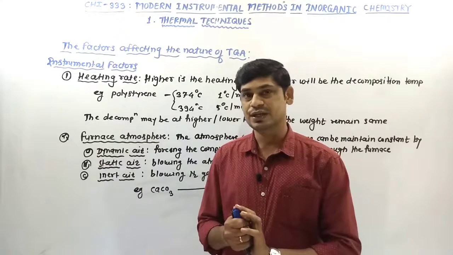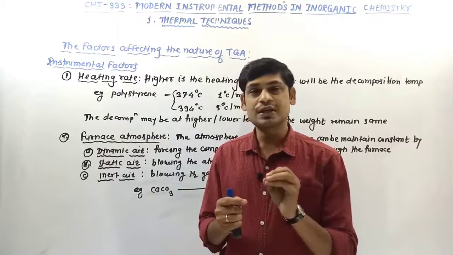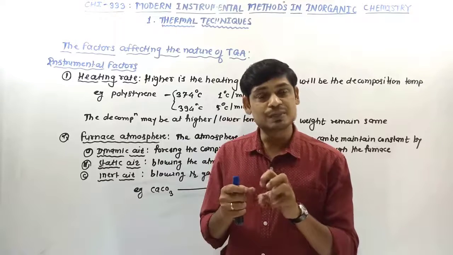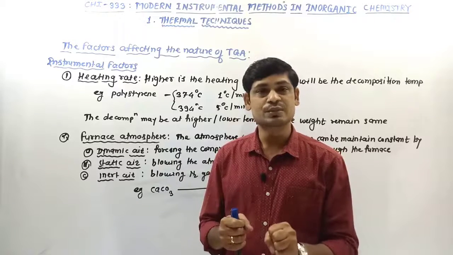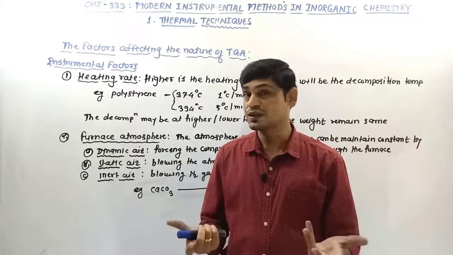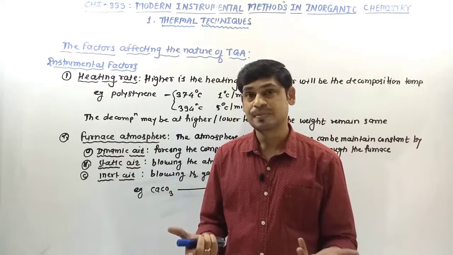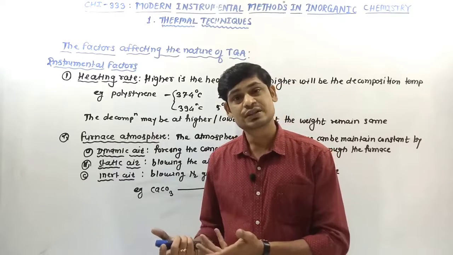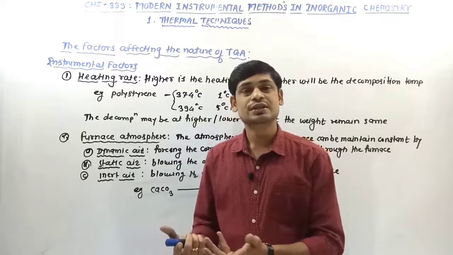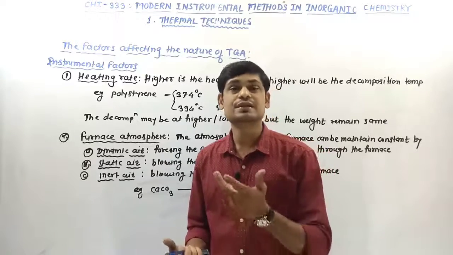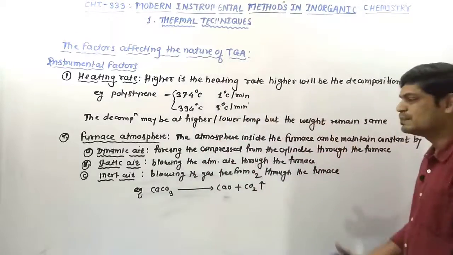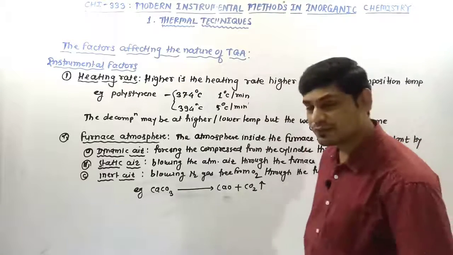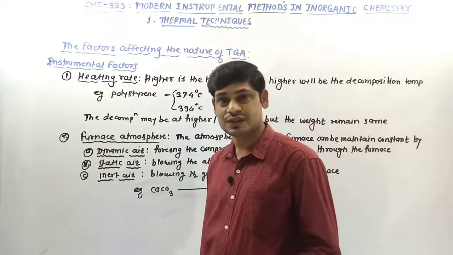Once the carbon dioxide gas is liberated in a furnace, the atmosphere inside the furnace will be saturated with carbon dioxide. And you know that carbon dioxide gas absorbs the heat. It is a heat absorber. It means it changes the temperature of the furnace. It means it will cause an interruption in the thermogram, that is the TG curve. It was just a simple example. The same thing happens with other substances also.